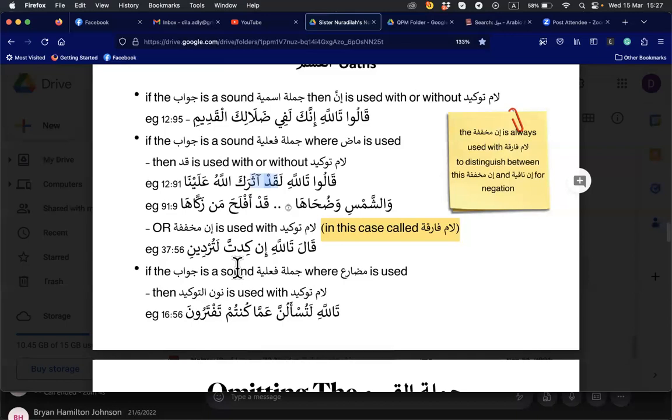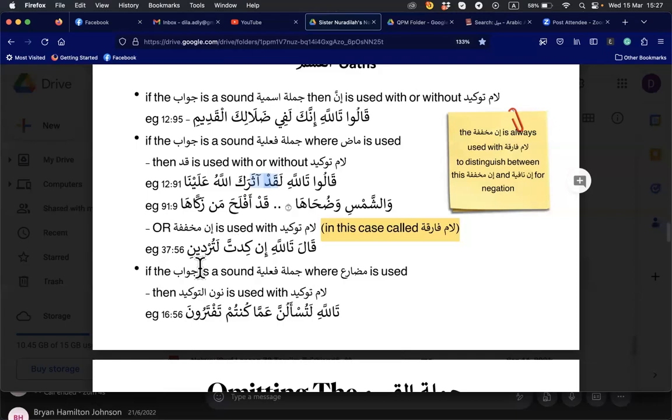Kaf, ya, dal. Or kaf, waw, dal. Either, okay. Kada yakidu, or kada yakudu. Yes, okay, because the madi is the same. So one kada means almost, and the other kada means to plan. Yes, to plot, exactly. So we need to search which one the meaning actually is. But in any case, this one is plot.